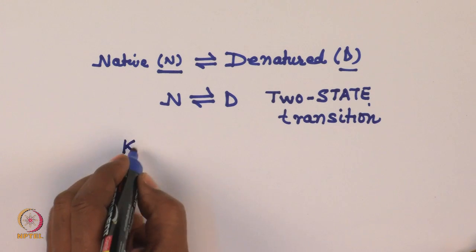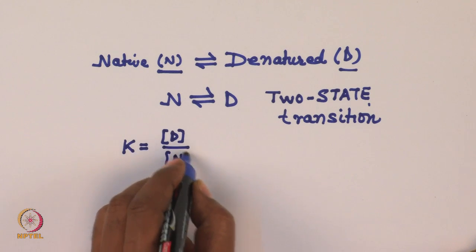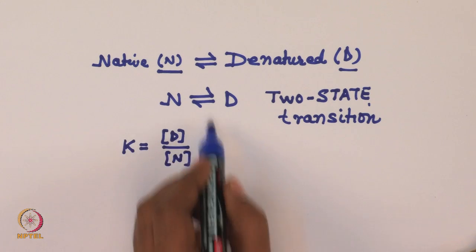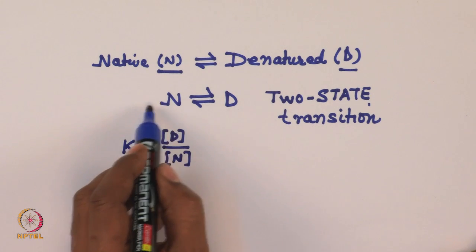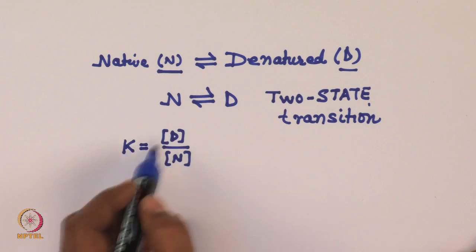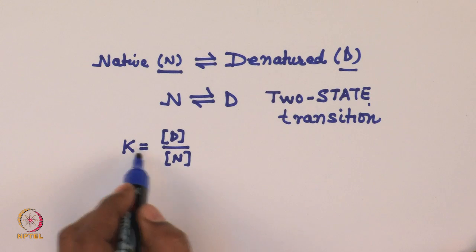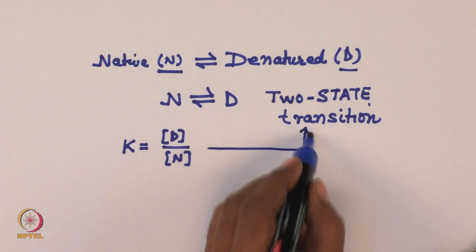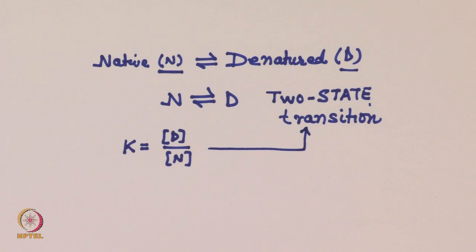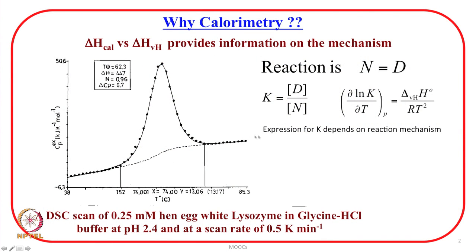And K is written as the concentration of D and the concentration of N. The way I write K, it depends on the reaction mechanism, because if the reaction mechanism were 2N going to D, then K would have been modified accordingly. That is what I mean, that this expression of K is being written for a two state transition. Let us go back to the slide. Expression for K depends on the reaction mechanism,